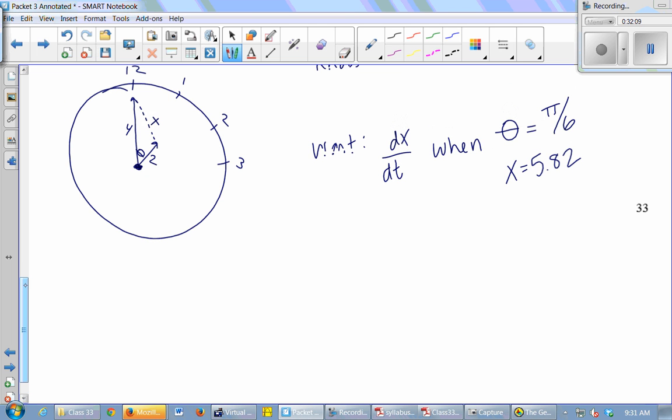How long does it take the hour hand to go one time around the clock? It takes the minute hand 1 hour to go around the clock. How about the hour hand? 12 hours. Yeah, if it starts at noon, it's not going to point to that 12 again until midnight, right? 12 hours. So my hour hand circles the clock